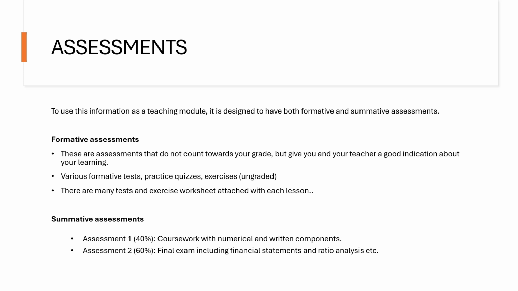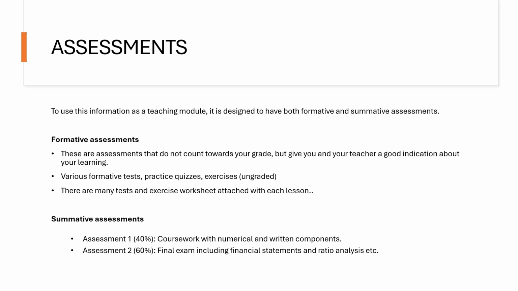So the formative assessment would consist of different small quizzes or formative tests. There are also many tasks and Excel worksheets that are attached with this lesson material. For summative assessment, the first one would be 40% of the total grade, and the second one would be 60% of the final grade. The midterm assessment tests the students' learning during the first half of the course, concentrating on